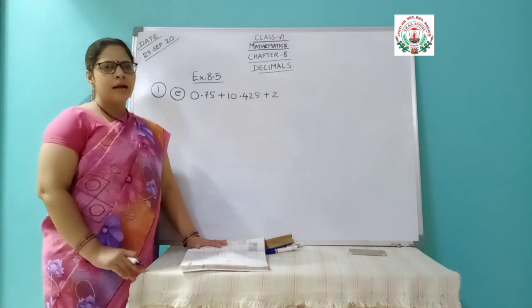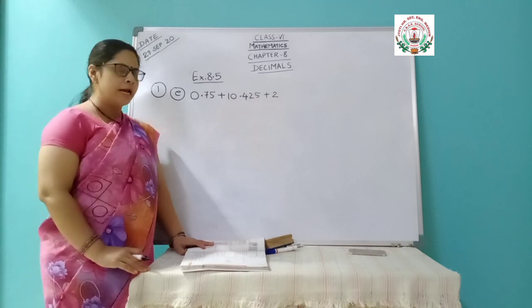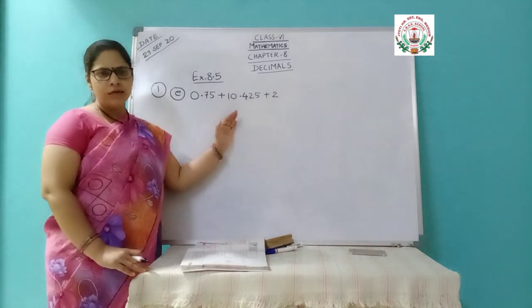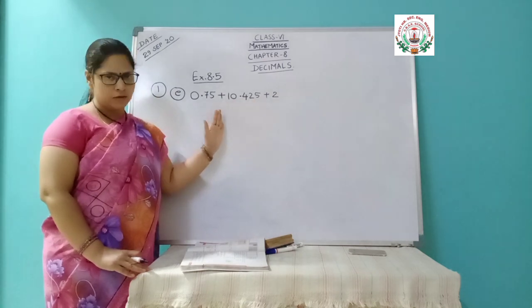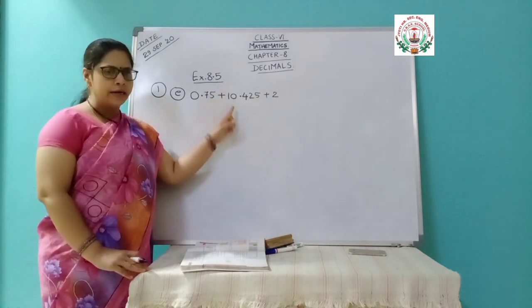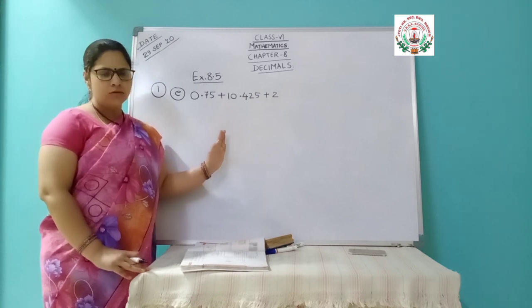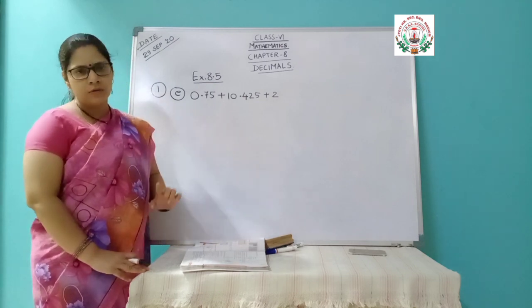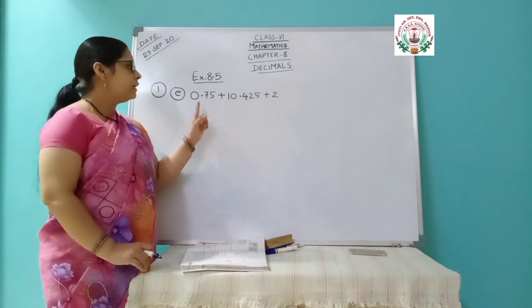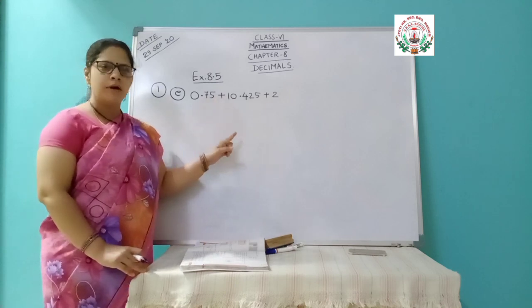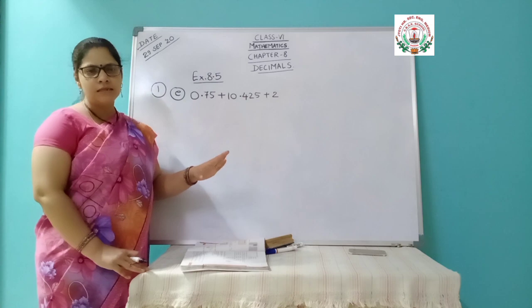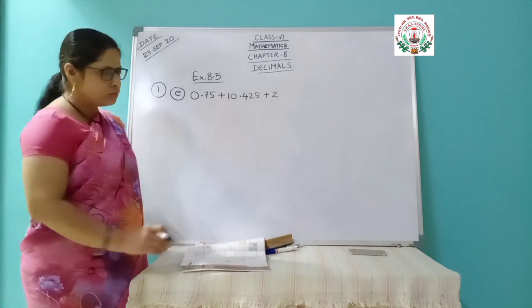Now, after that I also explained you that horizontally it is a little difficult to add up these decimal numbers. Always you have to write it vertically. Then only it will be a little easy for us to solve. And after that also I have explained you that below the decimal you have to write and arrange the digits. Then it will be easy for us to solve.